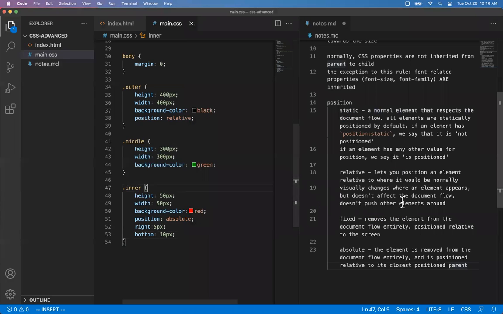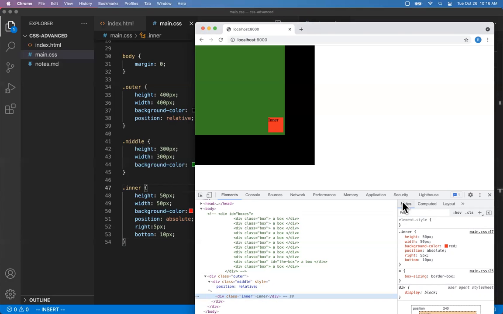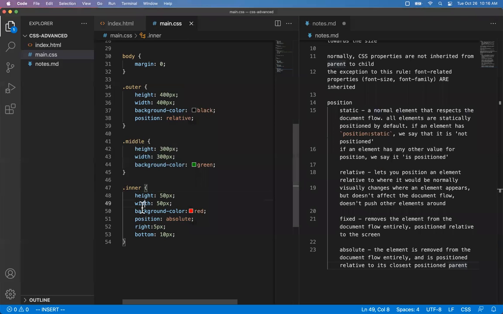Could you do something like the percentages? Like you want just to put something in the middle of something else? Would that work with this? Yes and no. Okay, so I wasn't planning to show you this because people don't really do this anymore, but because you asked, I kind of have to now. So